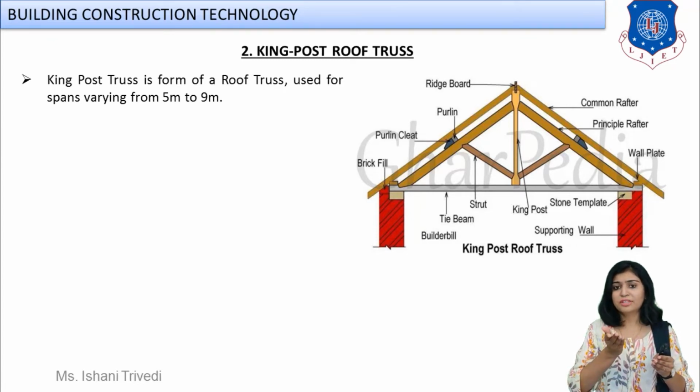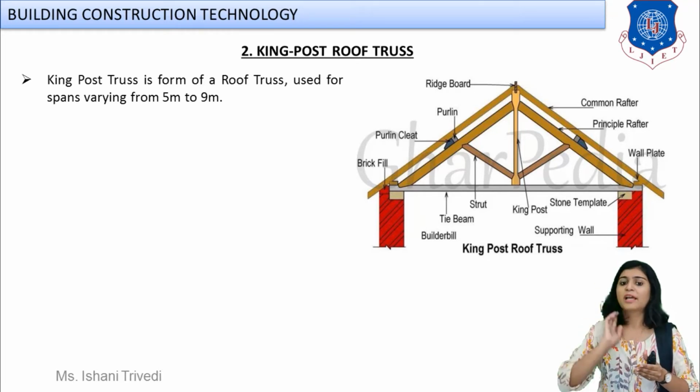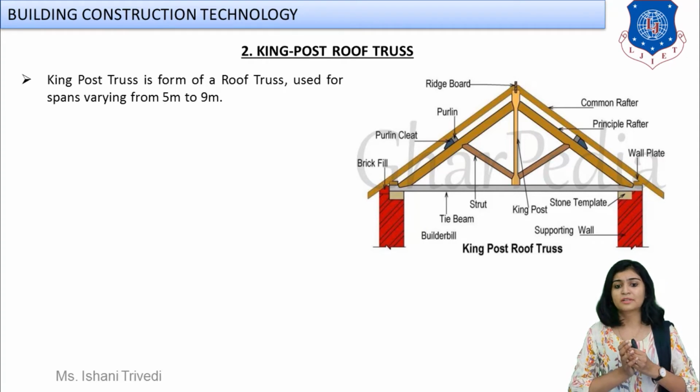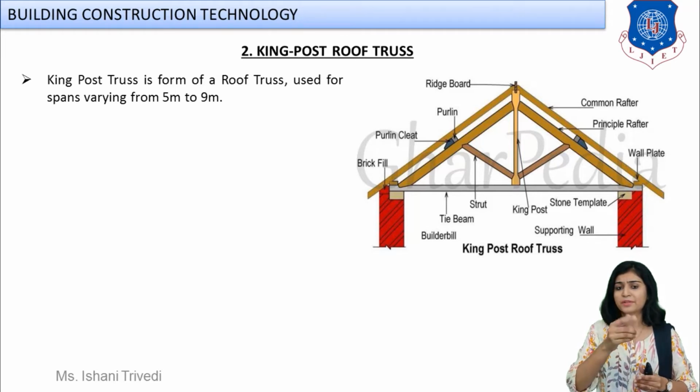I think all of these names are already included in your civil engineering concepts, basic things. Wall plates, rafters, struts, all of these things are already familiar to you. So we have diagonal braces known as struts. Next, what do we have? We have the purlins, right? Can you spot the purlins? Those will be the horizontal members going this way. This is your cross section, elevation, correct? We have purlins, and where the purlin is attached, that is purlin cleats.